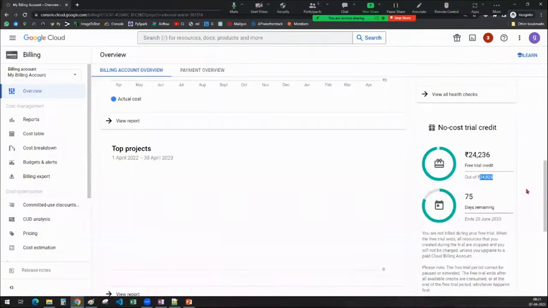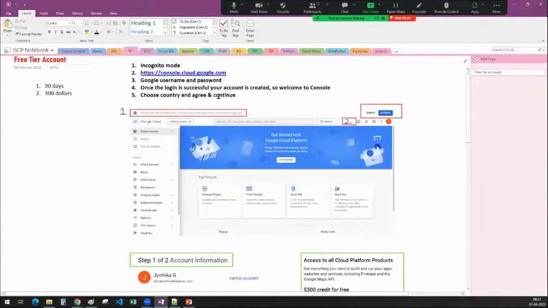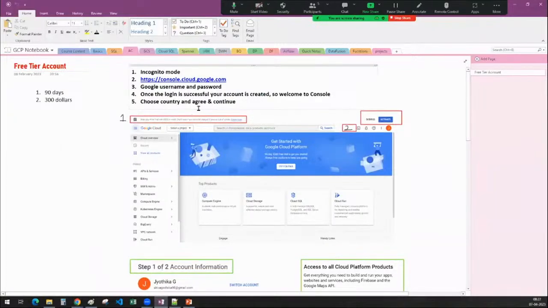Yeah, so this is how you can create an account, guys. The only thing is, first go to this particular website which I have pasted in the chat, and provide your username and password.